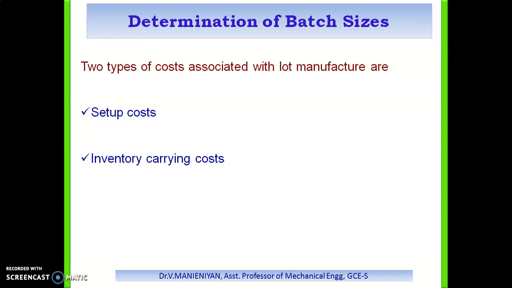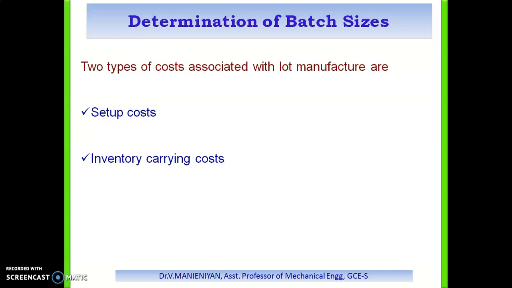What are some of the costs included in the setup cost? The cost of releasing work orders or shop orders, stores requesting or tool requesting, the cost of first inspection, the cost of rejection till the machine setup is ready for production to run, the machine setup cost for mounting accessories, tools, jigs and fixtures or other machinery, and the cost of dismantling a setup after the production run. These are all under the setup cost.